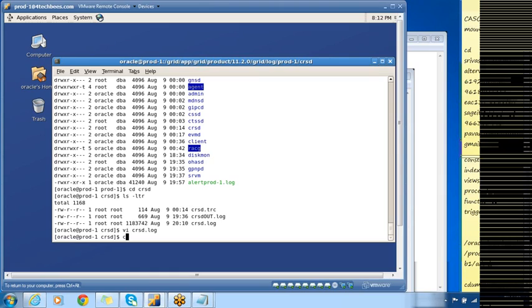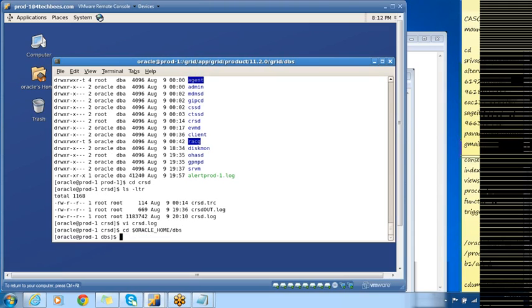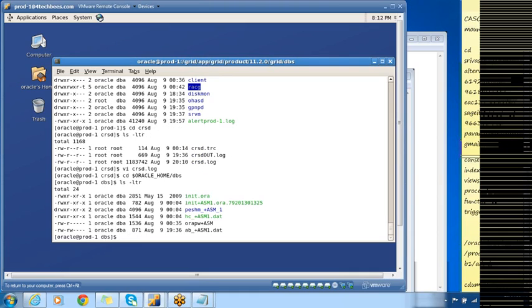If you look at my grid home dbs folder, I don't have any init+ASM1.ora file itself here. This file was created as part of my ASM creation yesterday, and this was a dummy parameter file. There is no importance for this file.